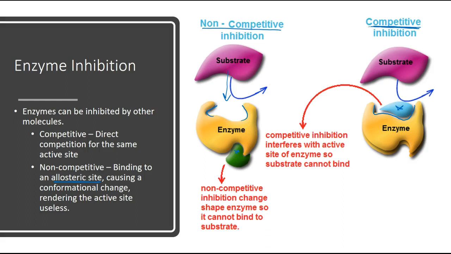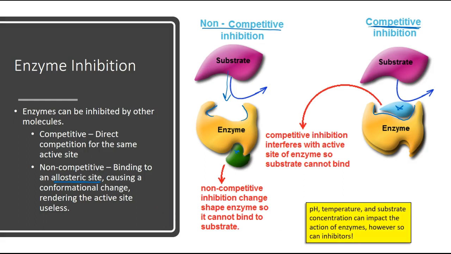Okay, so they can be inhibited by these two inhibitors, but also remember from the previous lecture that pH, temperature, and substrate concentration, as well as enzyme concentration, can also impact the action of enzymes. Don't assume that inhibitors are the only way to impact the action of enzymes, because as you can recall, that is not the case. These inhibitors do impact the reaction or the action of enzymes, but it can also be pH, temperature, and